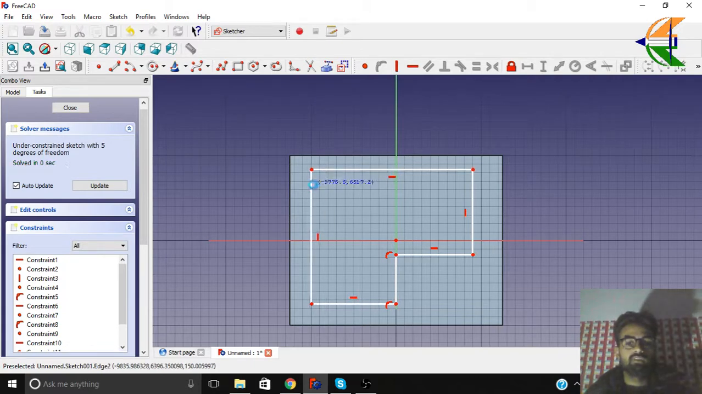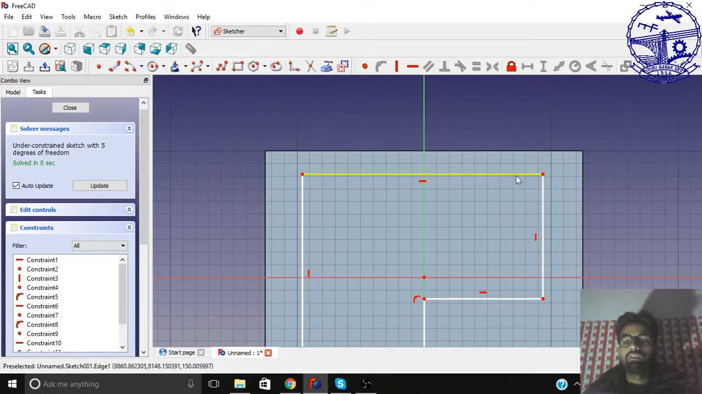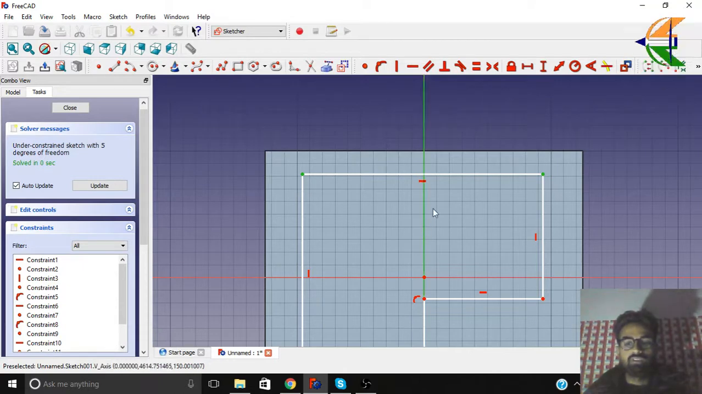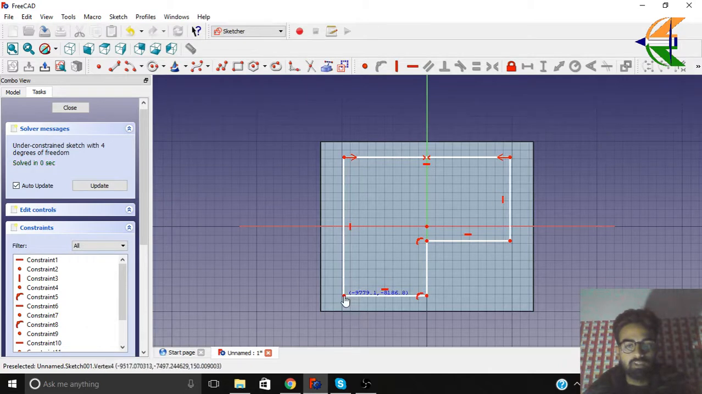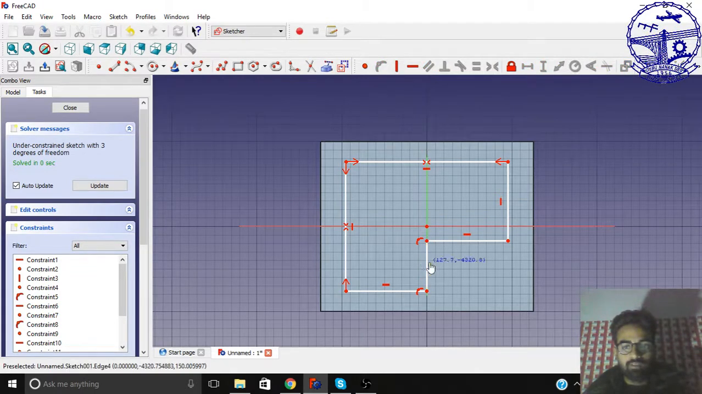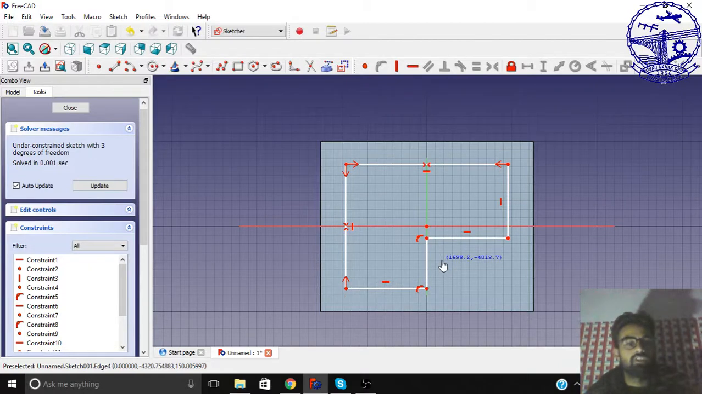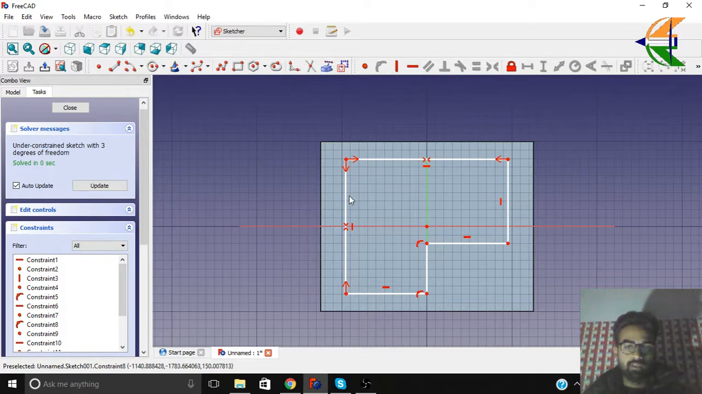Now you see there are certain degrees of freedom. We can make changes to that. Here we would also like to have the length of this line symmetric with the center. So we have the Y axis as a center. Click on it and we have the symmetry here. Similarly, we can also have the symmetry of this line with respect to the X axis. Now you see we still have 3 degrees of freedom if you see in the solver messages. So let's have this length